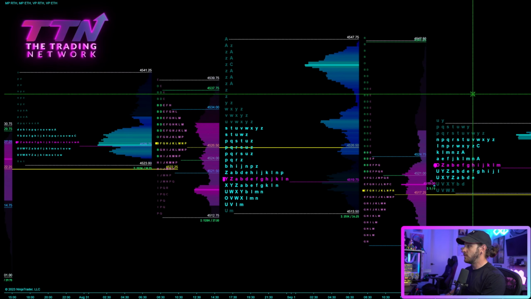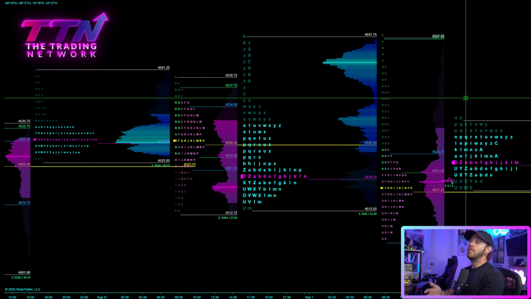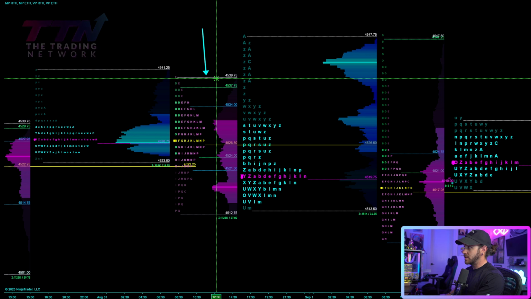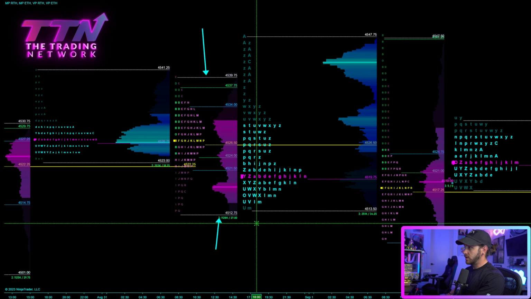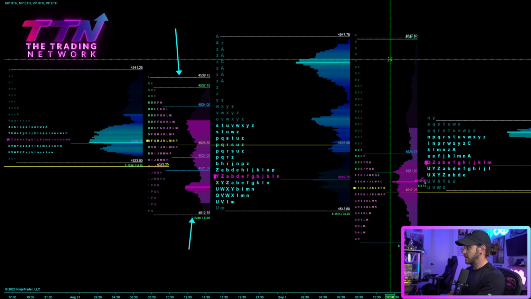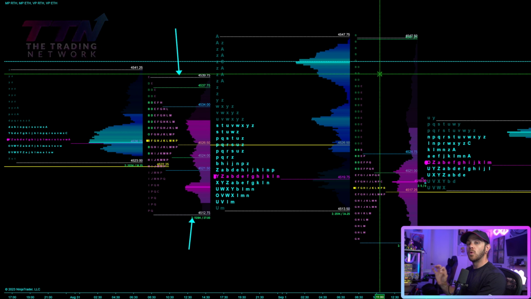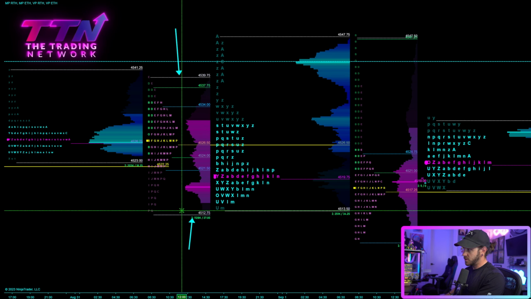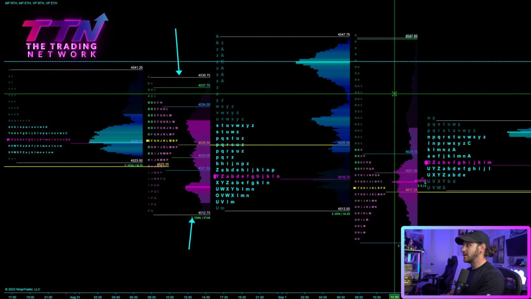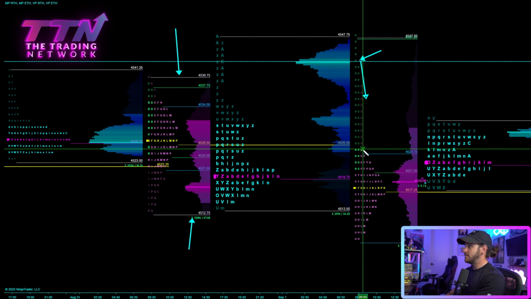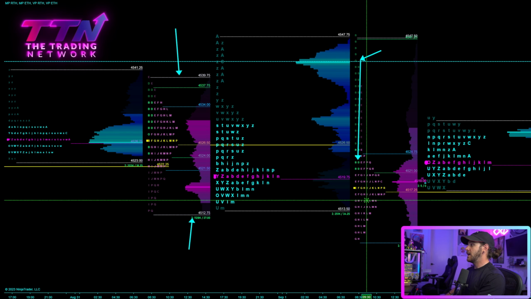Just as an example, if we open above or below the prior range high, for example, if we opened above 45.39 or below 45.12, which we did on Friday, you can see we opened up here, that's O period, we opened at 45.43, we immediately know that we are more likely, if we open gap up or gap down, which is what that is, to have trending price action. And that is exactly what happened on Friday. Market opened and we immediately trended down, and sellers were in control basically that entire day.